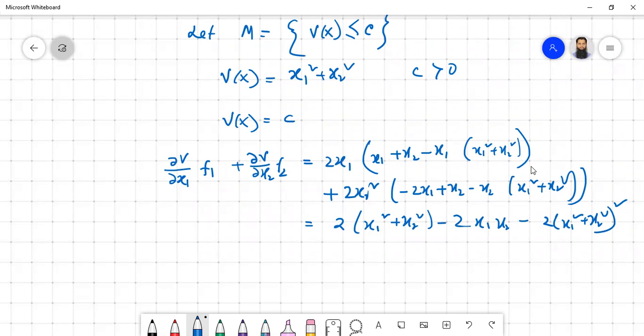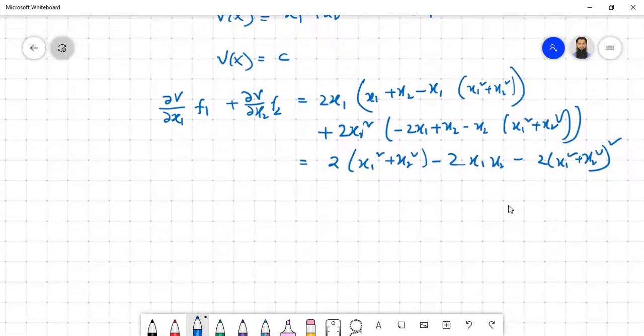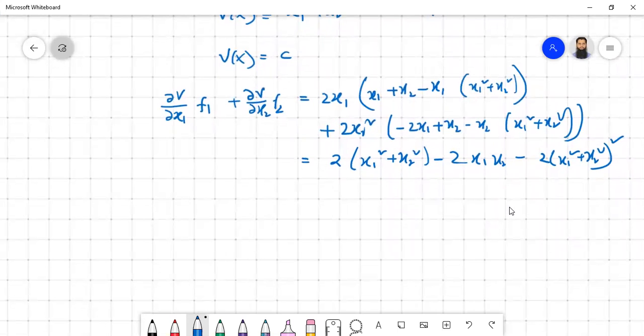Okay, so what we get here is that this one has to be lesser than 0, so that it is trapped inside that surface. So how can we prove that this quantity is actually lesser than 0? What you can say is that del v by del x1 f1 plus del v by del x2 f2,